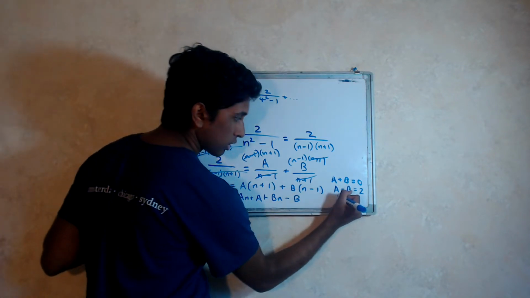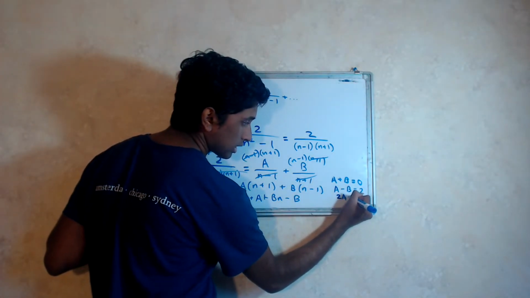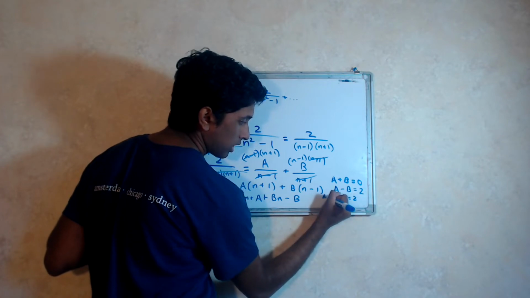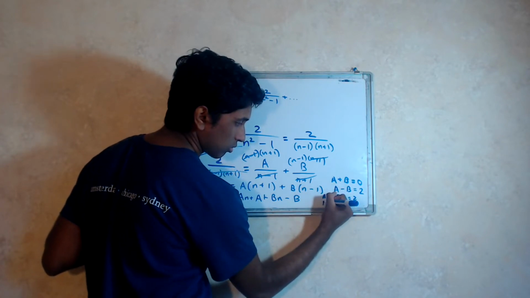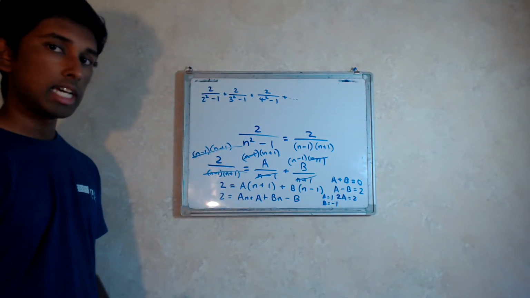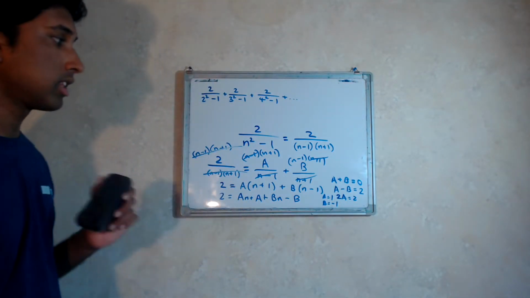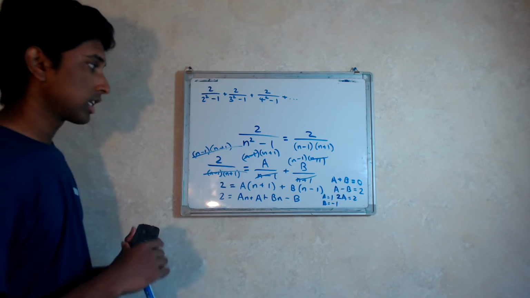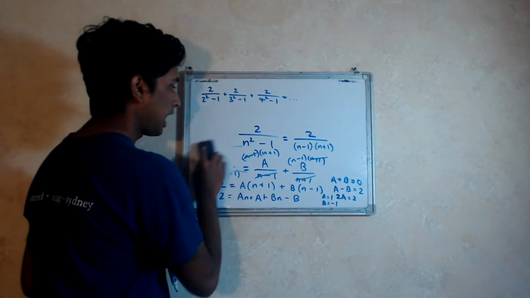If we add these two equations, we find 2a is equal to 2, so a is equal to 1, and that means b is also -1. That's pretty nice. Because look at this. Our wishful thinking actually worked. Now we have,